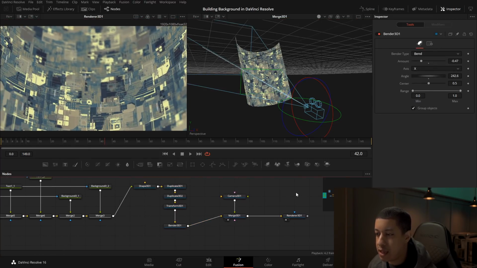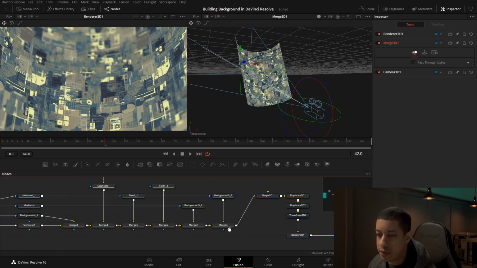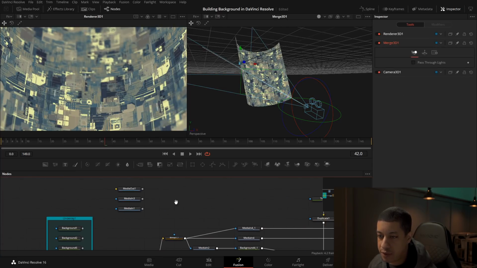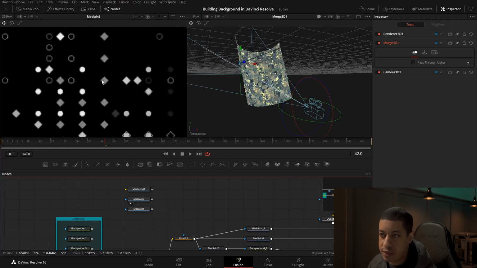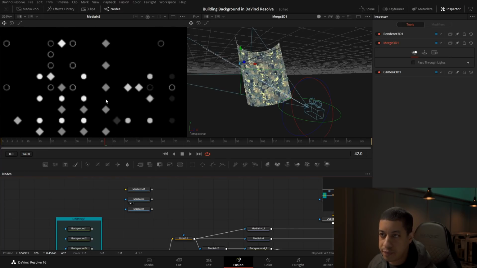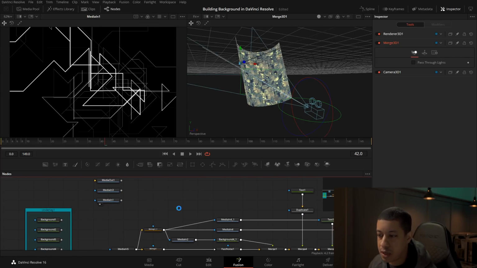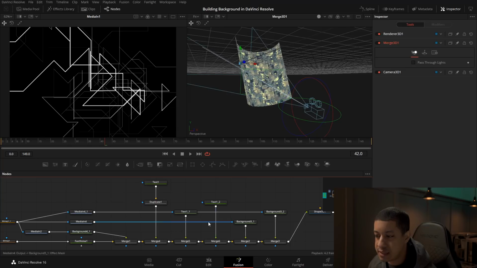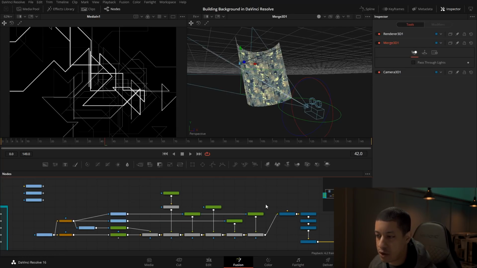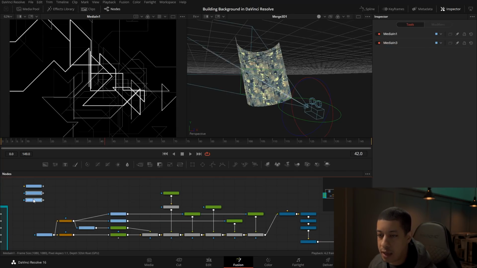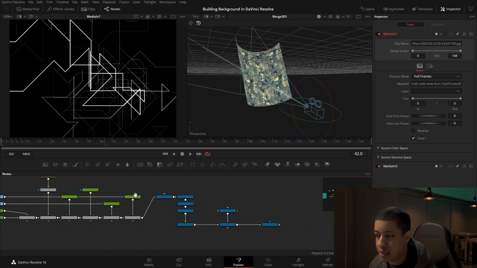So now that we have that, we still have those two other textures that we have here, right? So we have these little circles and diamonds, and then we have this little line thing here too. And we can just tie that into all of this stuff here right before we have it go into that 3D shape.